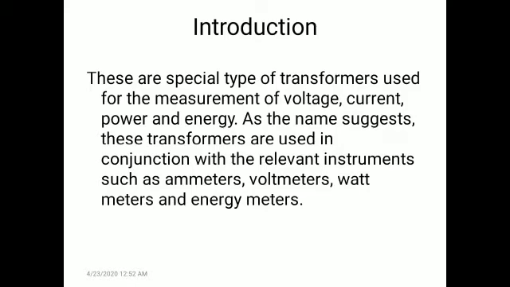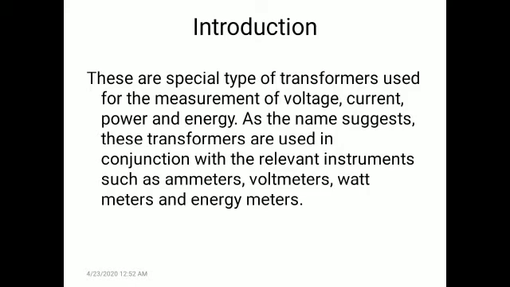As the name suggests, these transformers are used in conjunction with the relevant instruments such as ammeter, voltmeter, wattmeter, and energy meter. It means that we cannot always use a wattmeter and ammeter directly to measure current and voltage in the power system, because their rating is not sufficient to measure the high power in our power system or grid substation